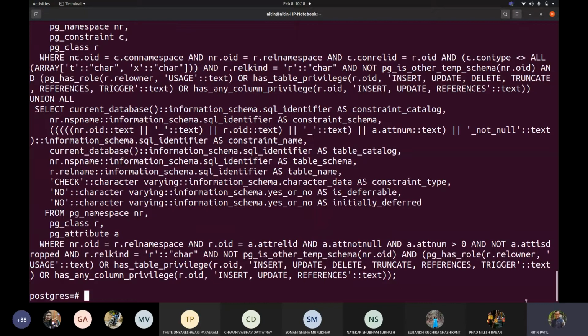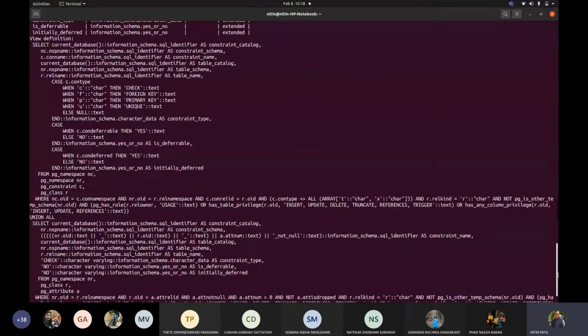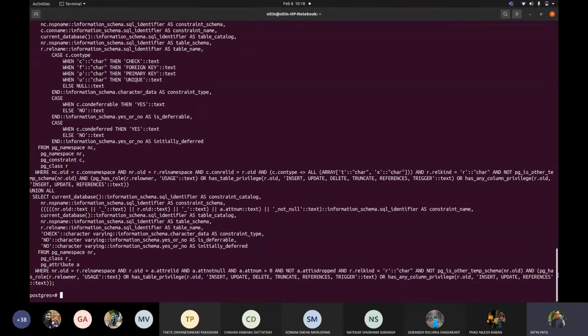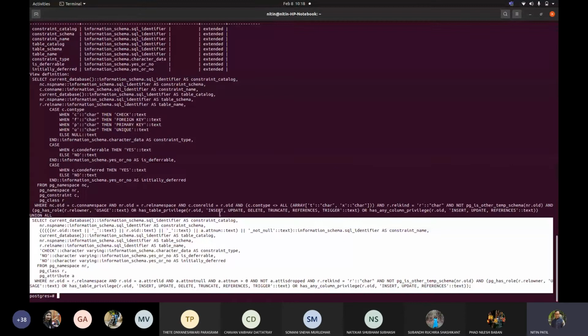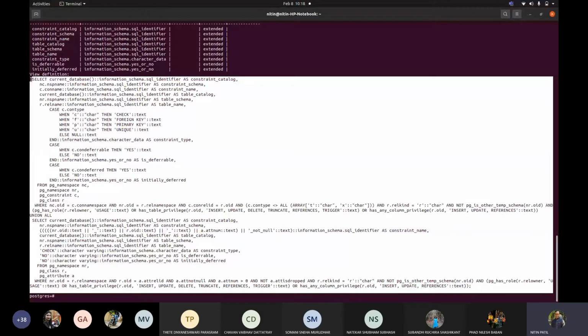written. Okay, now see how big a query this is. So let me minimize the font. Okay, even if I try to minimize, this is the biggest query that you might have seen till date. So this is a query written for a view, and you may see it is adding this, correct? Even the constraint type is added there. Check, foreign key, primary key, unique.